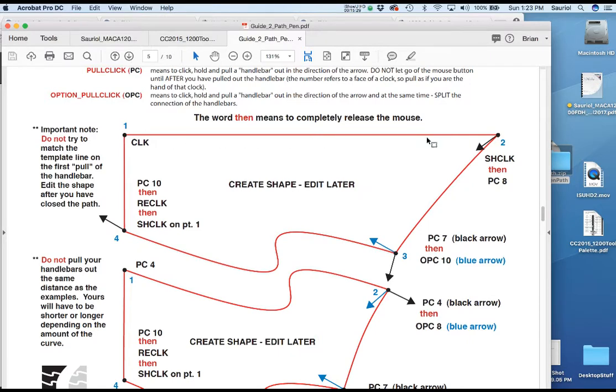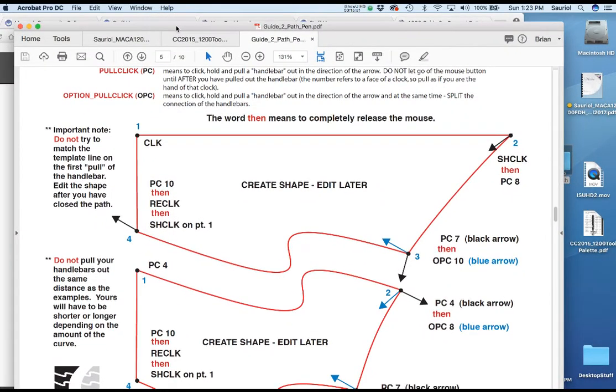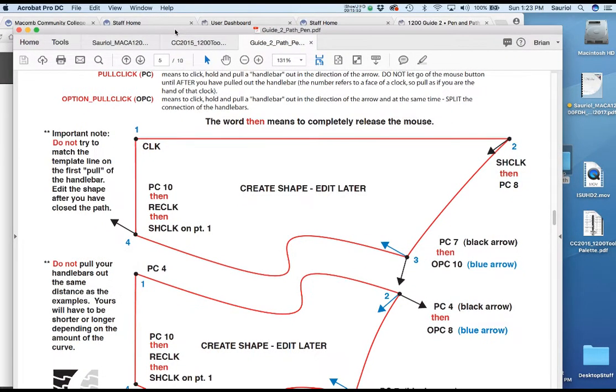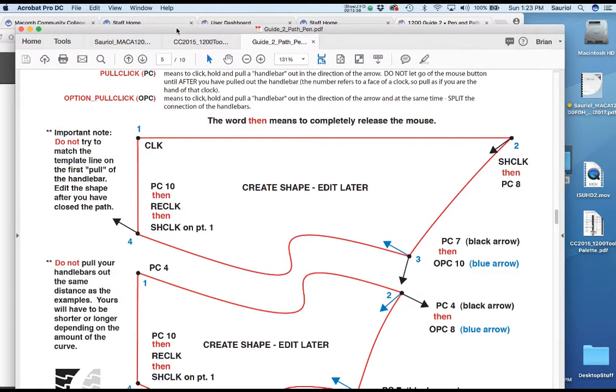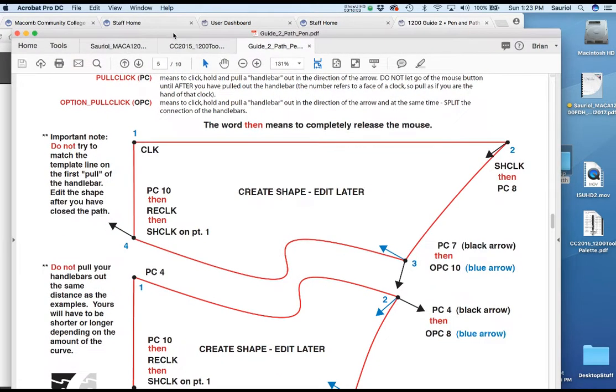So you will get used to looking at this, have this either on your other screen or print it out. What I was talking about was holding the pull click out of this point and then coming down here and click and pulling. Now forget what I just said, because you're going to do it over and over and over again until you get it right. And that's another thing I want to have you understand from my point of view, how I consider skill to be far more important than assignments. Okay, far more.